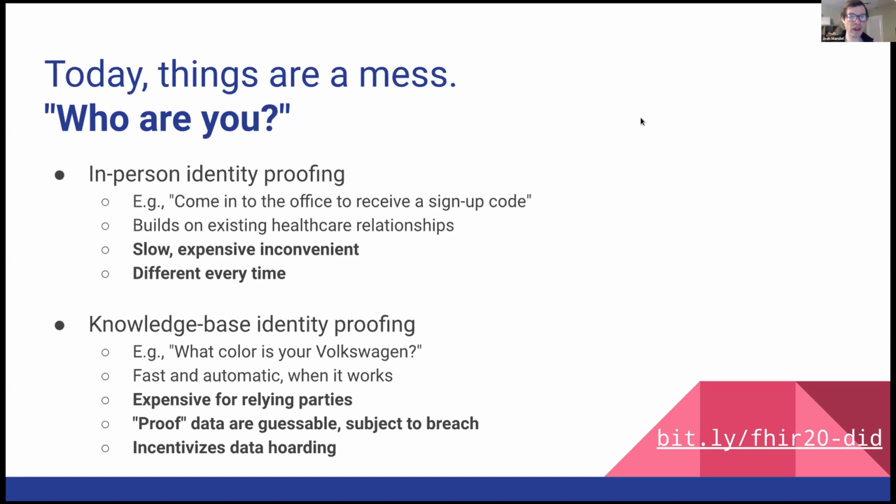And they can feel quite random. I mean, literally somebody might ask me the color of my car. They might ask me the name of a street that I did not live on in the past in a multiple choice list, all kinds of these little details. The nice thing about these knowledge-based identity proofing systems is they're fast and they're automatic, but there are